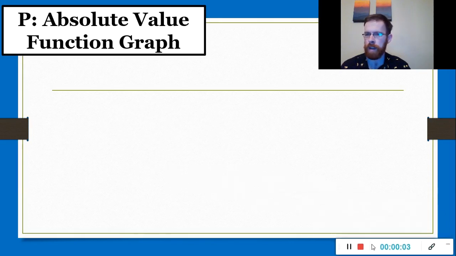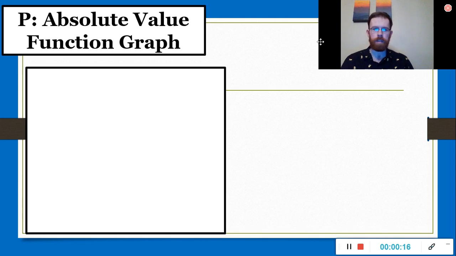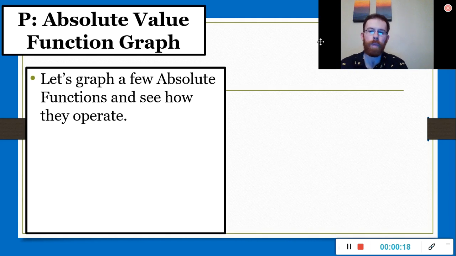It is Tuesday, April the 7th, 2020, and we are going to finish our lesson about absolute value functions and their graphs, as this says at the top, absolute value function graph. And let's move on. So, when we graph absolute value functions, we want to see how they compare to